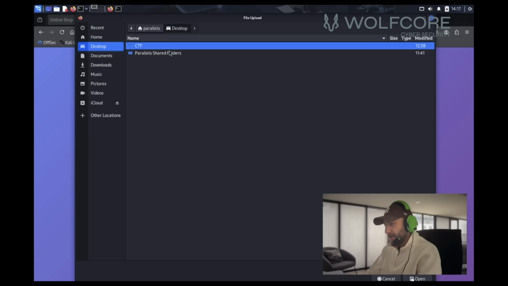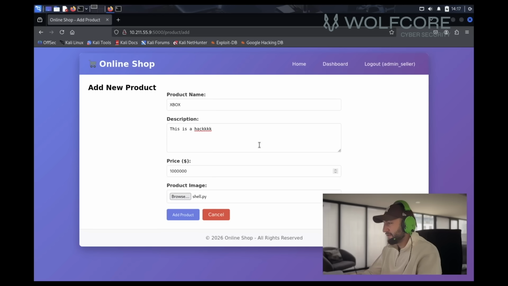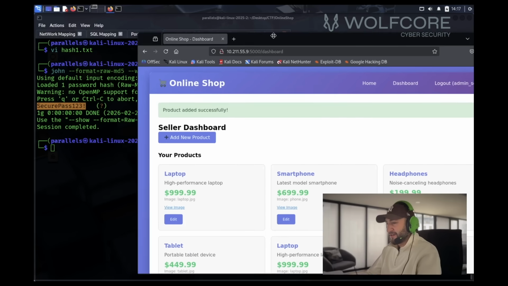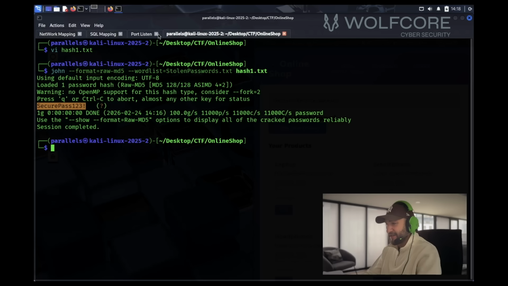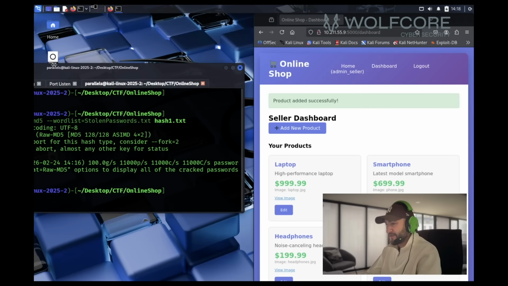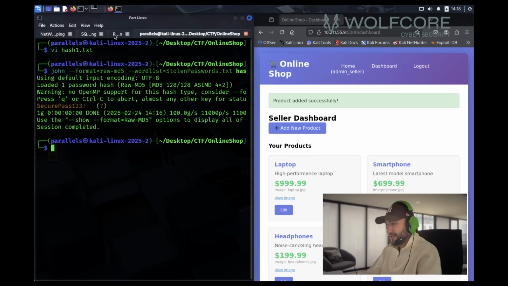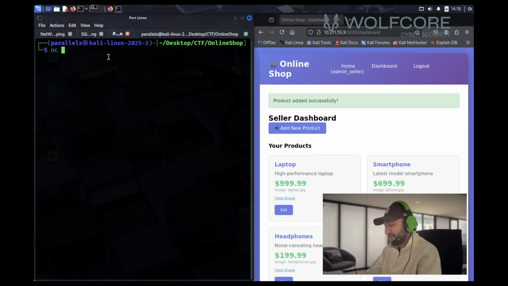Browse, and inside this folder here, I've already got a custom one, and this is the reason why I'm leaving this out. I don't want people to see this, because when it comes to being on our website, I want people to use their own shells so they can get access. So adding product, and I'm going to move this to the side, and then I'm going to grab this one and move that to the side, and I'm going to open up a port: nc -lvnp 4444, get that listener ready,